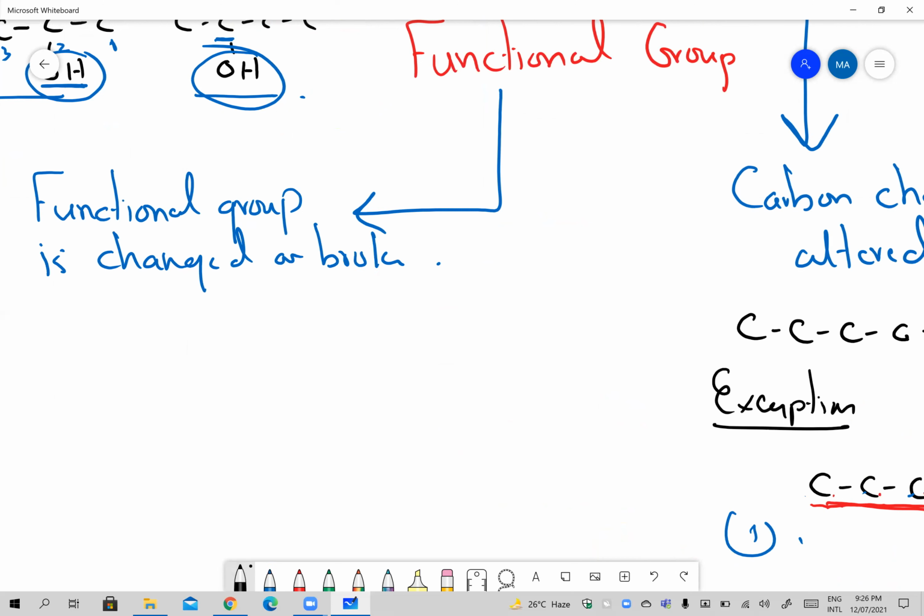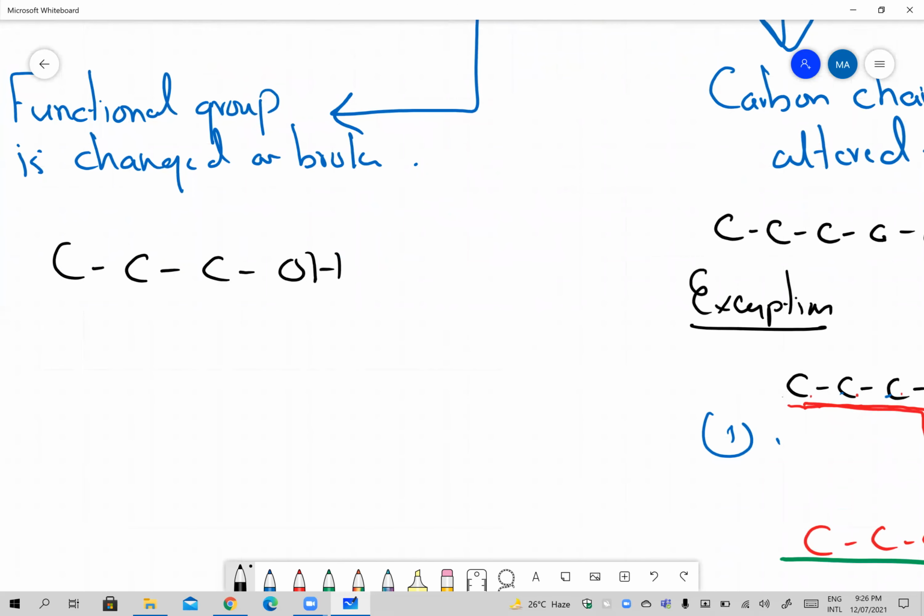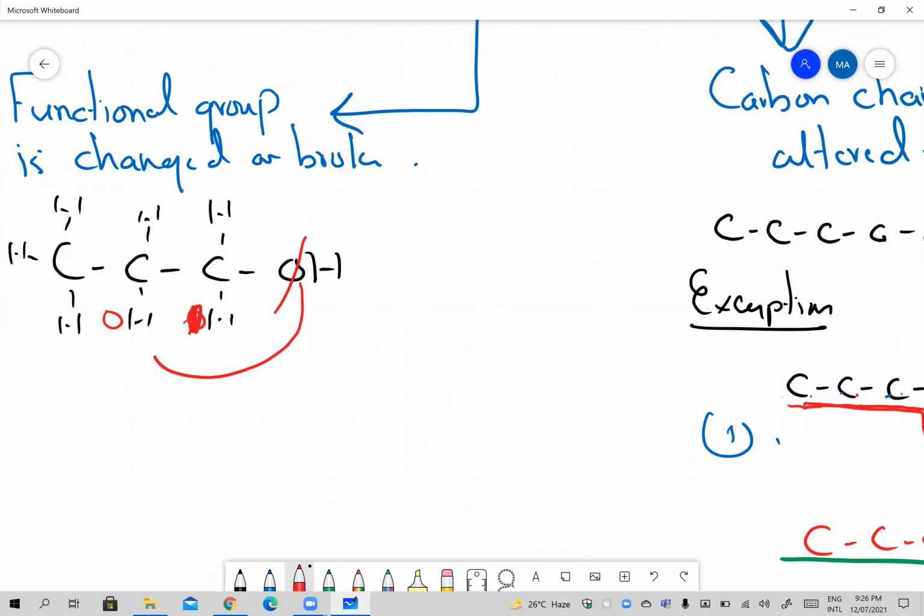For example, this is an alcohol here. One way to do it is, assuming there are all these hydrogens on these sides, this is an example that we did earlier as well. If you break this oxygen and place it onto another carbon, not the same carbon, of course, that is how you'll make another functional group isomer. Or you can simply pick this oxygen and put it in the center of